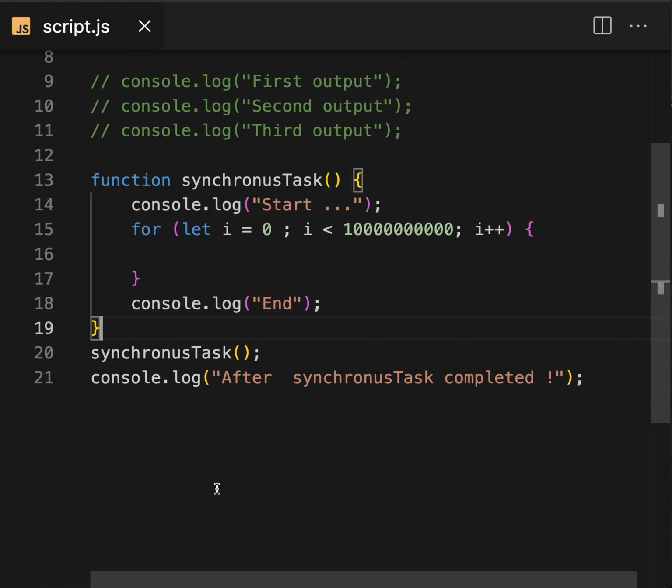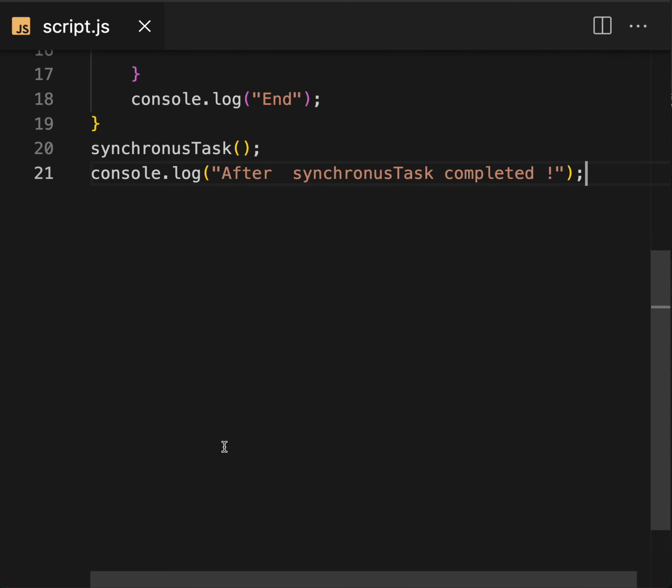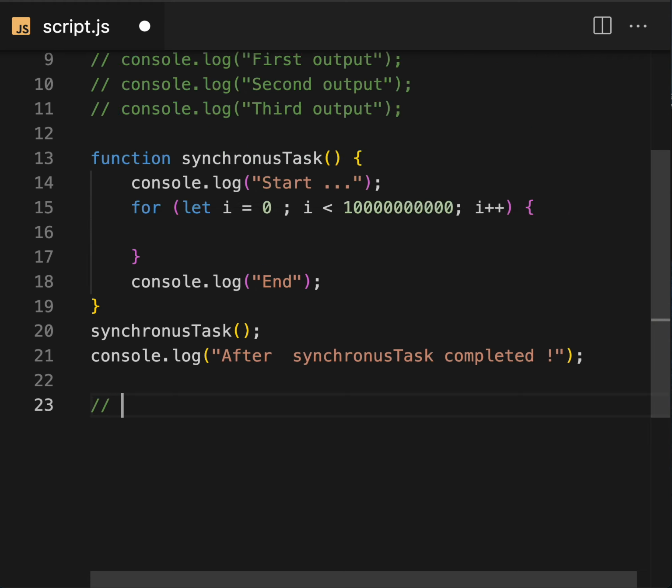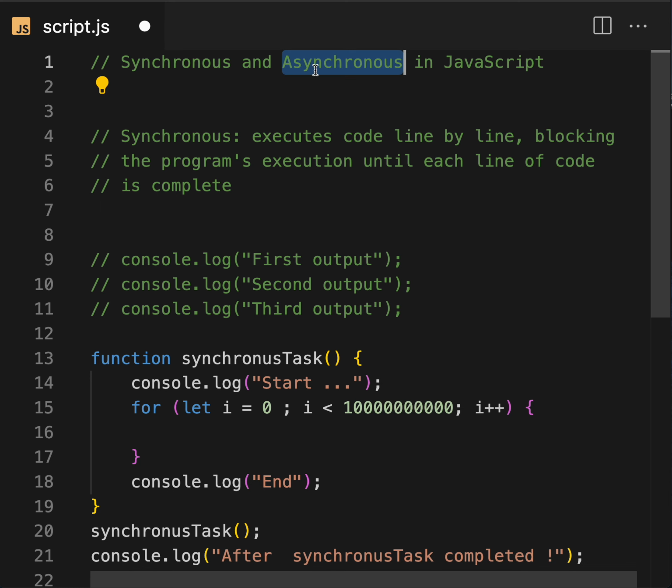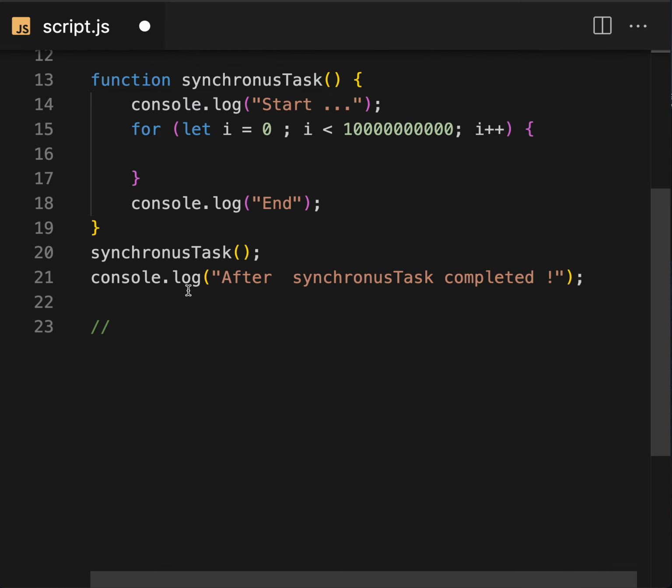Now let me explain asynchronous here. Are you able to understand synchronous? Asynchronous means non-blocking code execution. Asynchronous code allows the program to continue executing while waiting for a potentially time-consuming task.